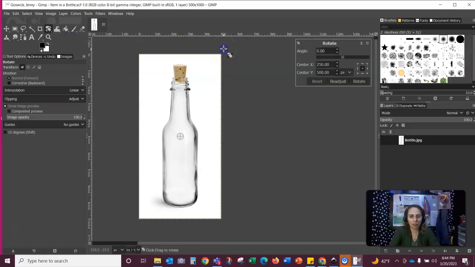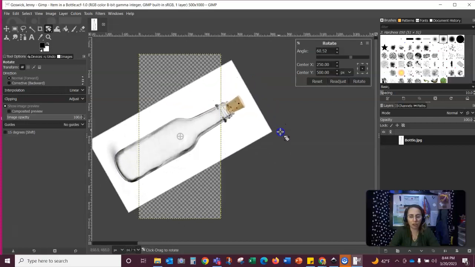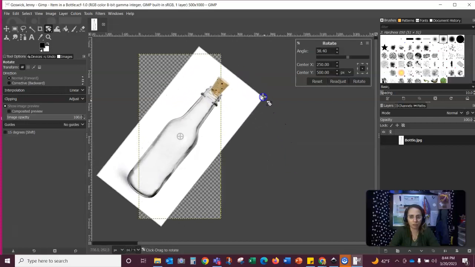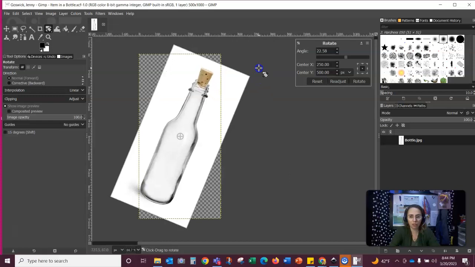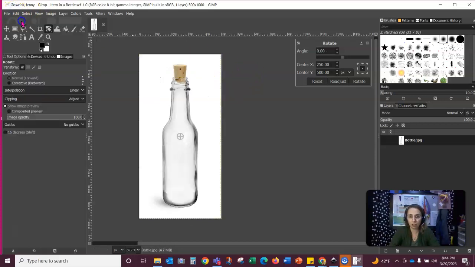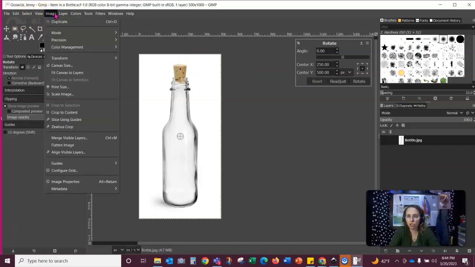When I go out to the outside edge of my project, I can rotate this project. Okay, so I want to put this project on a slight bend. And I think I'm actually going to edit, undo that for a second. I think I want to start by rotating this entire document. So let me think. I'll go Image,